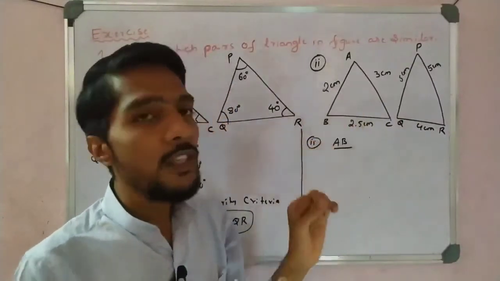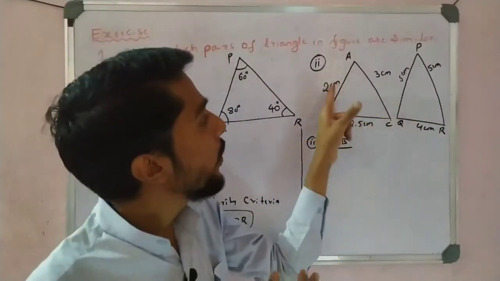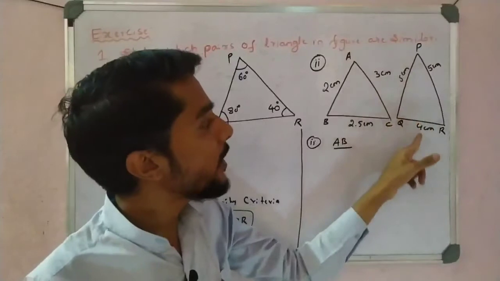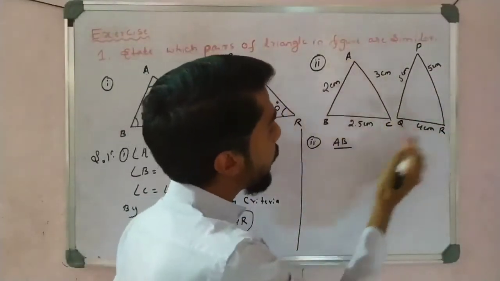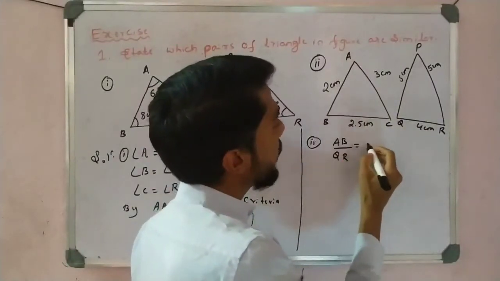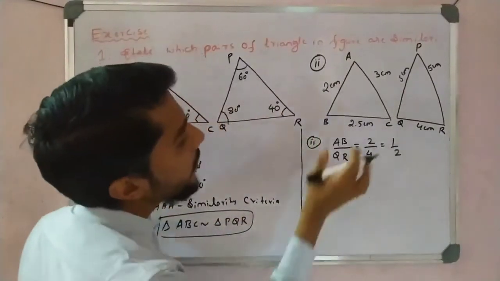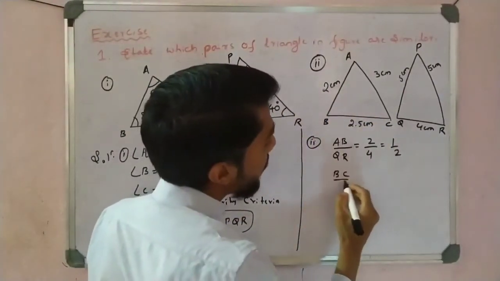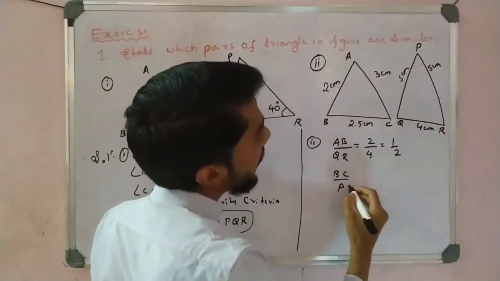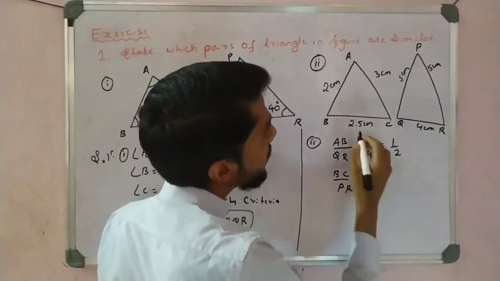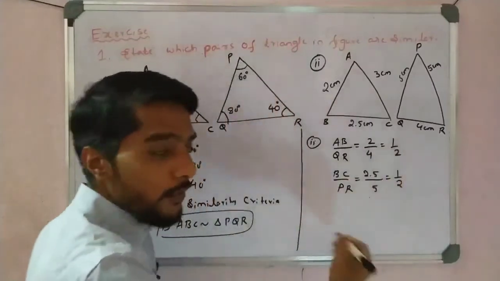Try yourself. If no sides are matched to each other, then we can say that they are not similar. But here matching we get: 2, 4 is a match, 3, 6 is a match, and 2.5 and 5 match. So like that I can take here AB corresponding to QR, right? So AB is 2 and it is 4, so that is 1 by 2, right? Now let's see BC and PR, that is BC is equal to 2.5 and it is half of 5, correct?